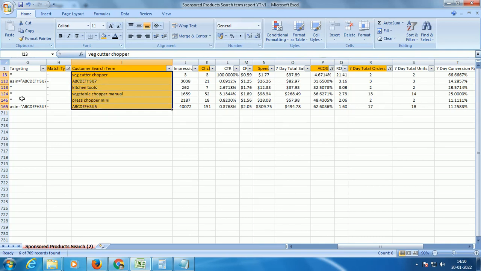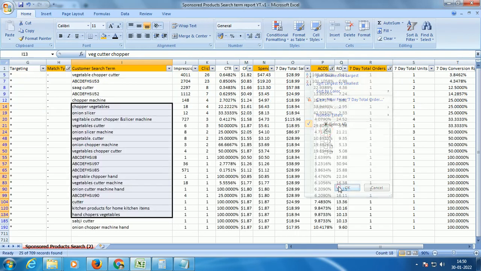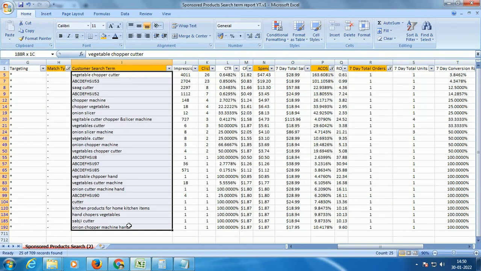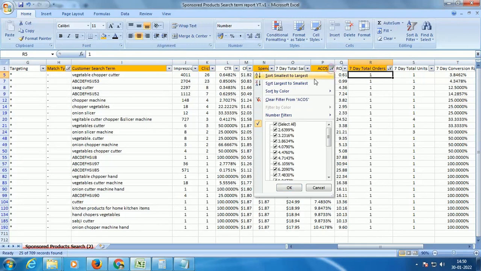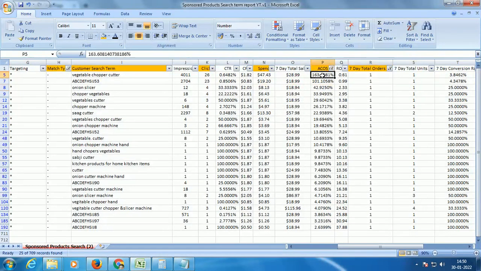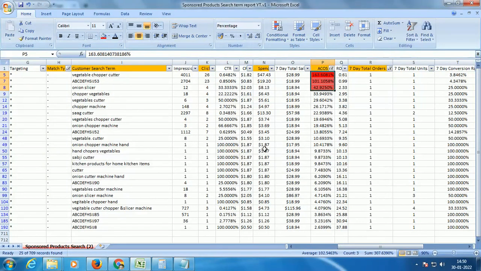Simple. So you looked at the search terms where you have 2 or more sales. There are also a couple of search terms where you got only one sale or one order. What do you do about these? You look at your ACOS. I will sort my ACOS from largest to lowest and highlight the cells where my ACOS is beyond my threshold of 30%. In our example today, our target ACOS is 30%. These are the cells where our ACOS is greater than 30%.